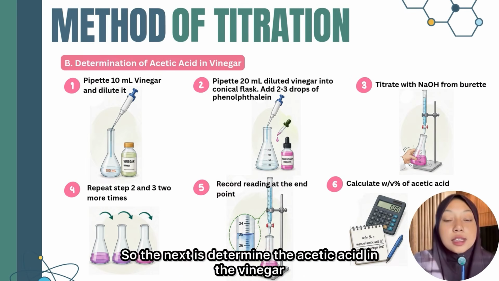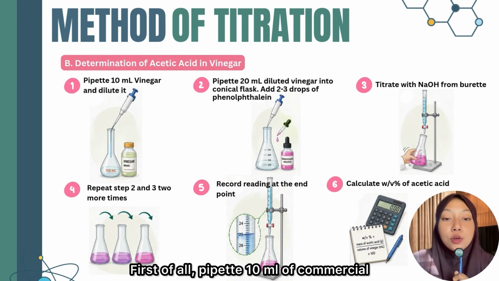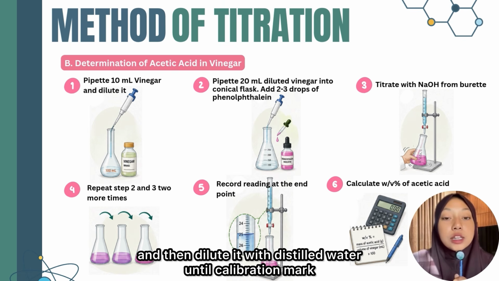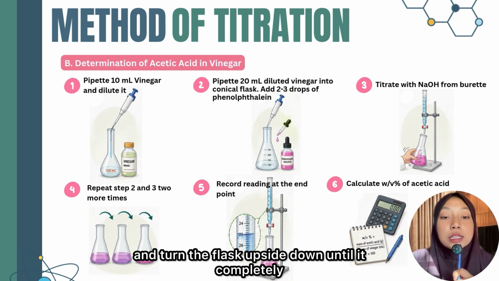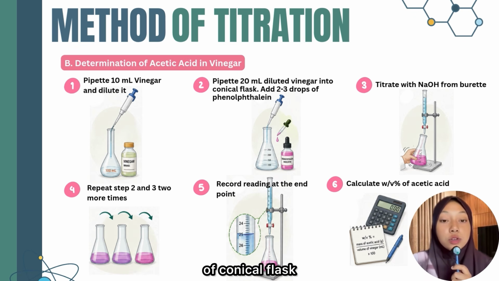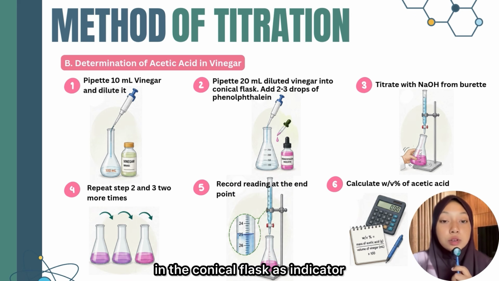So the next is to determine the acetic acid in the vinegar. First of all, pipette 10 ml of commercial vinegar into a 100 ml volumetric flask, and then dilute it with distilled water until the calibration mark. And put a stopper and turn the flask upside down until it is completely mixed and homogeneous. And then pipette 20 ml of diluted vinegar into a 250 ml conical flask, and then add 2 to 3